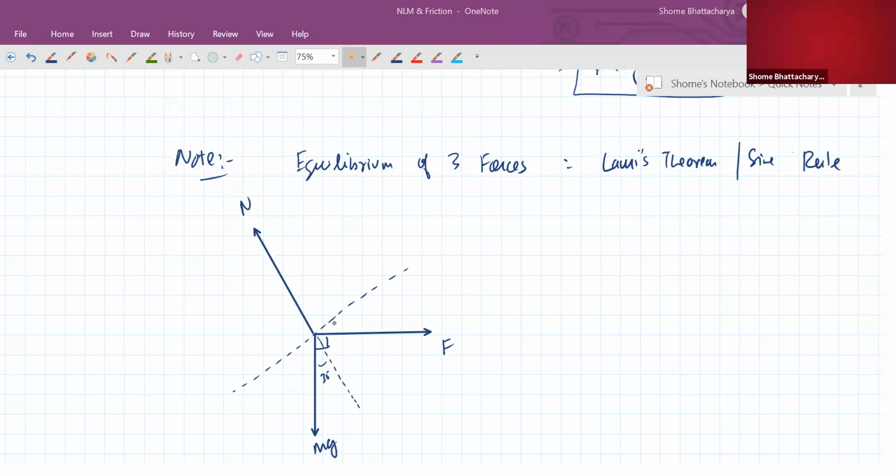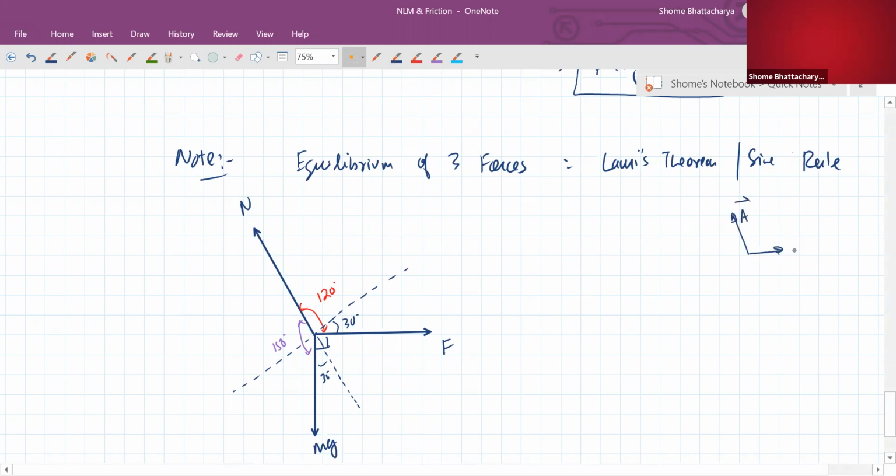So we had understood that these angles are like this. So this angle here becomes 120 degrees, and this angle over here becomes 150 degrees. Okay. So we have the general form of Lami's theorem that